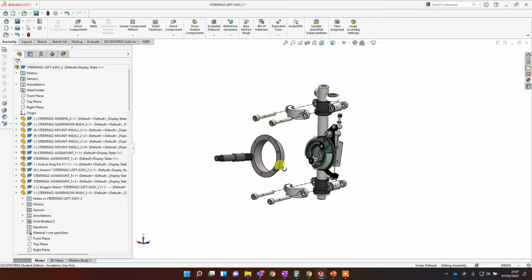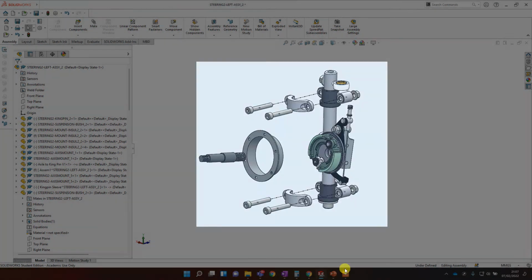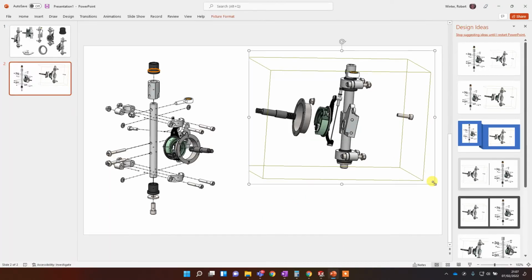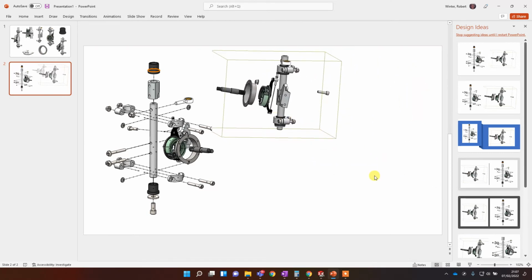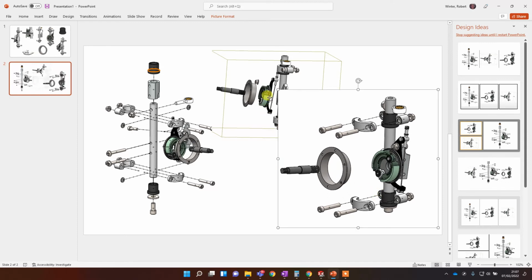Get your cool screenshots of, I'd say have at least one or two exploded pictures in a good set of PowerPoints for someone who's trying to present a product. All right, I think if you can show exploded diagrams, that shows like a mastery of CAD. Okay, right, tune in for the final video, which is going to show you how to